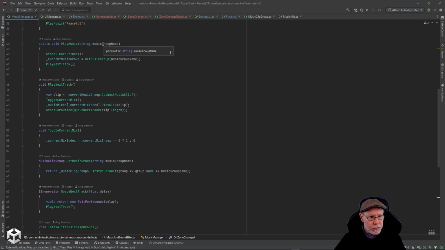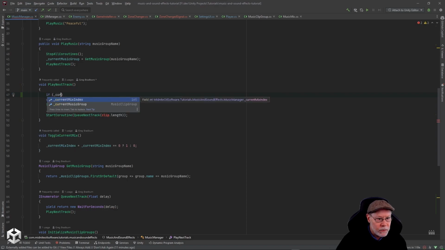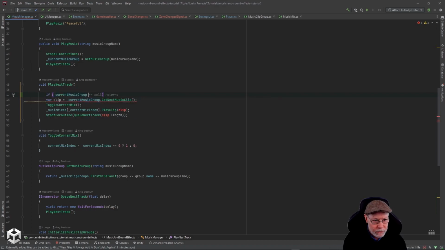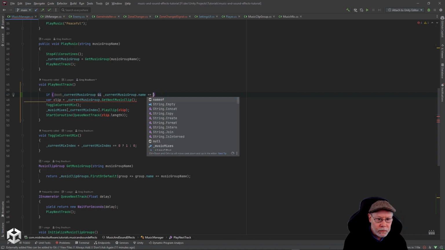So you remember we've got PlayMusic here. We give it a music group name. It will stop all coroutines, it will set the current music group to be whatever that music group is, and then it will tell them to play the next track. Now, I do want to make one slight modification to this. I only want to do this if we're actually changing to a different group. So the way I'm going to do that is I'm going to say, if current music group, so if we have a current music group and current music group dot name is equal